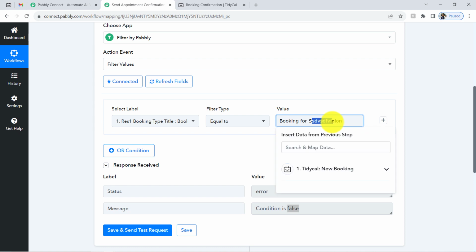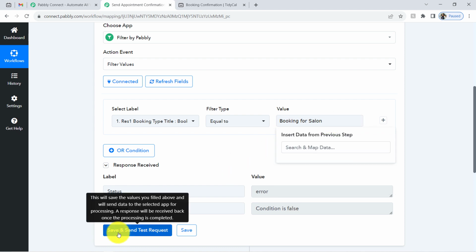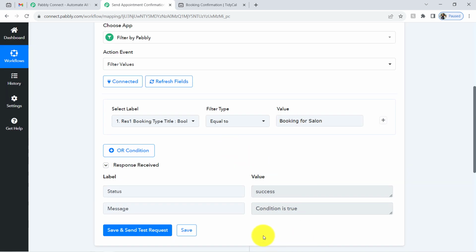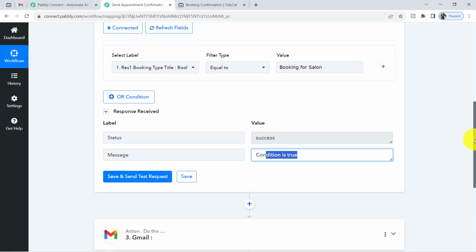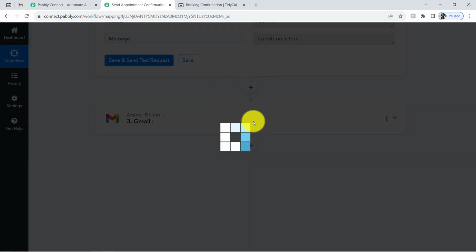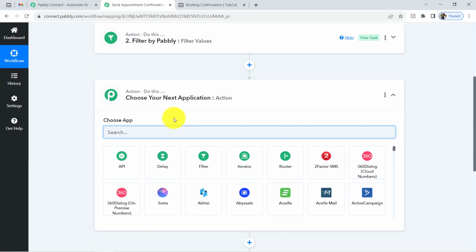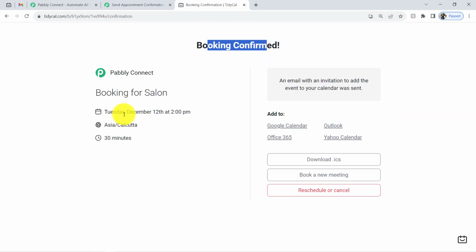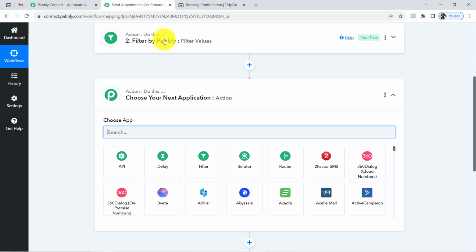Let me now correct the name of this booking for salon, clicking on this button, and once again the condition will be true. Now whenever the condition is true, our automation will proceed further. So what should be the further step? Firstly I'm going to convert the timing of the appointment. Remember, we have got the same date, but the timing was not 2 p.m., it was 8:30 a.m. Okay, so how